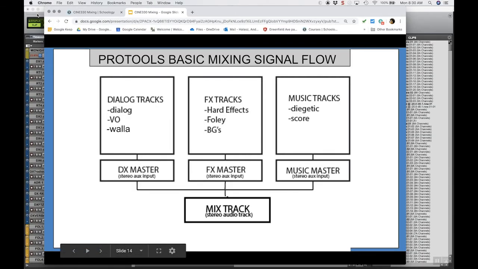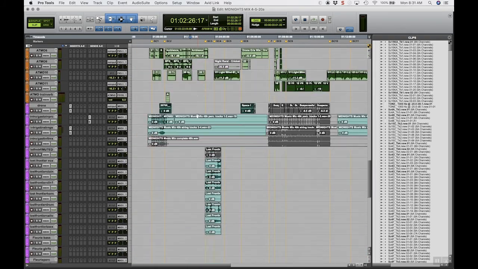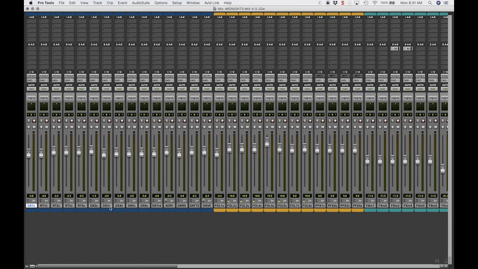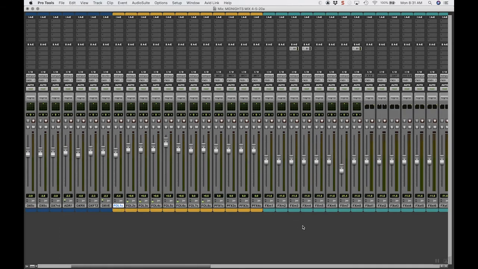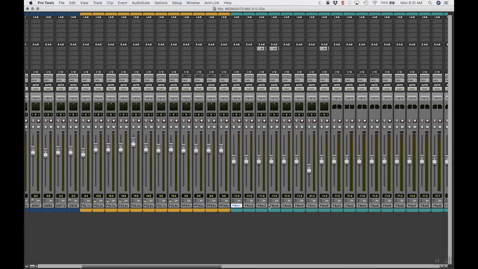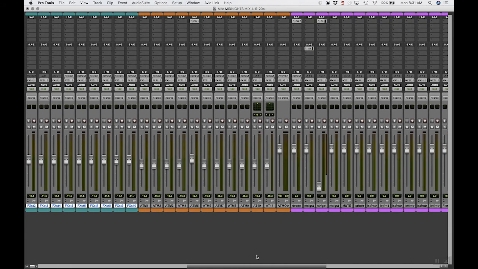Here's an example of what this would look like in Pro Tools. So we have a fairly large session right here. If we take a look at the mixer, you can see here are our dialogue tracks. And if we look at the output to those dialogue tracks, we'll see they're being sent to a dialogue master. You have Foley tracks. These are being sent to the effects master. Effects tracks are being sent to the effects master, and the ambiances or atmospheres also being sent to